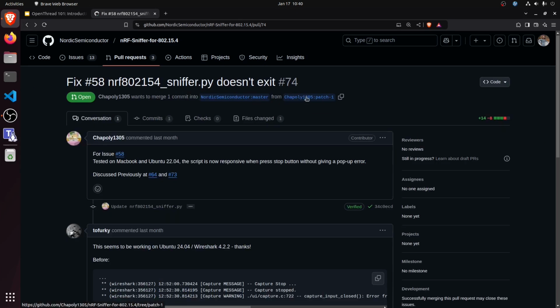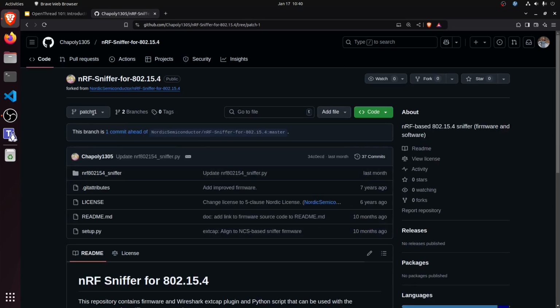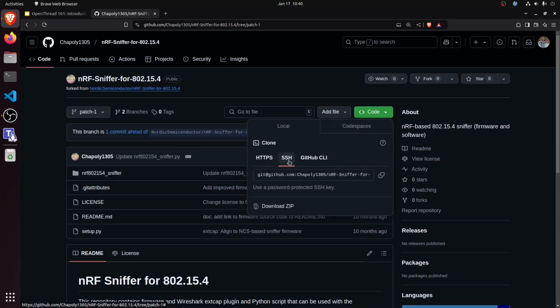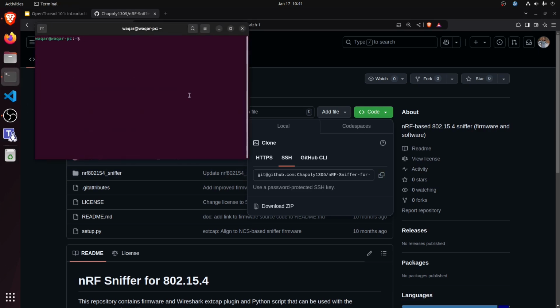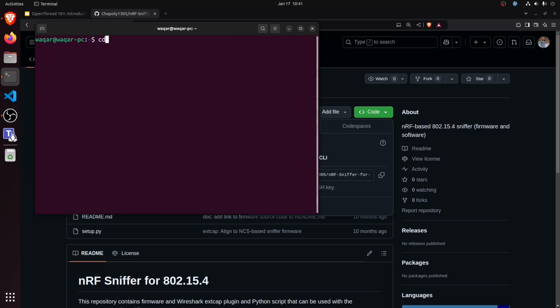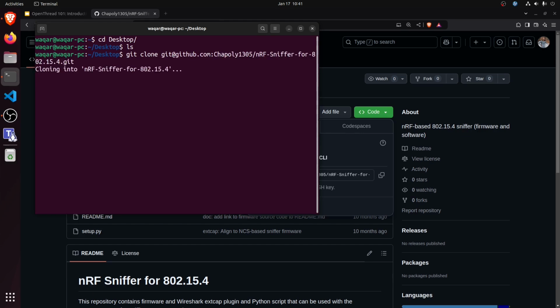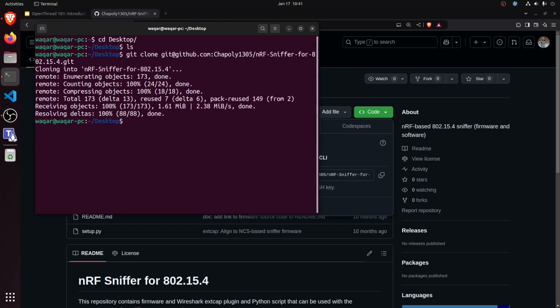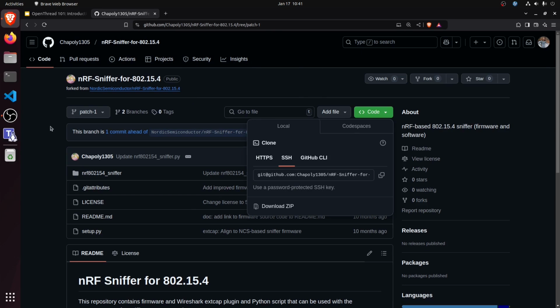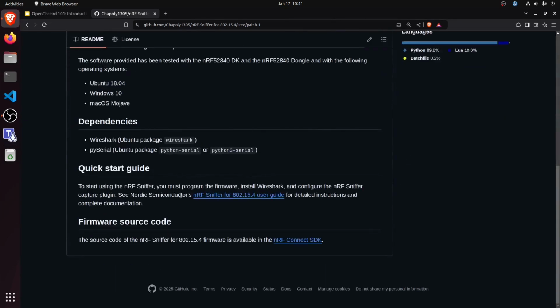So we would go to the repository where the pull request is coming from, and we would clone that repository. Let's go to desktop, and we would do git clone and then this repository. Now this repository has been cloned. Let's exit from here, because the next steps that we have to do are